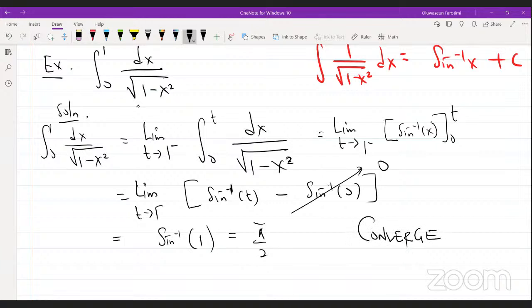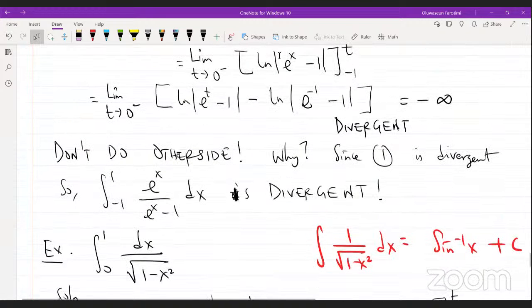So that means it is convergent. Does this make sense, guys? If it does make sense, that's it on 7.8. So I'll see you